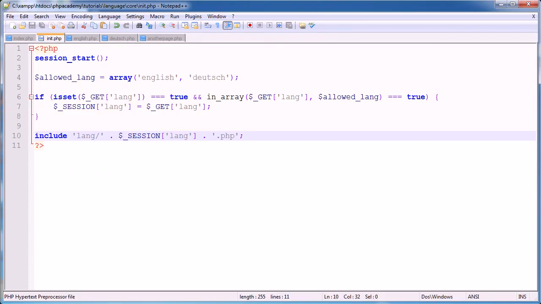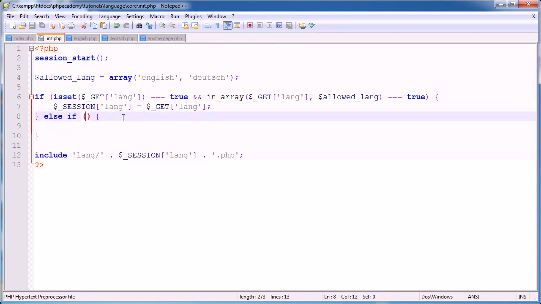So what do we do about this? Well, we need to include an else if statement. And the else if needs to say, let's look at the first line first. So if this language has been specified and it's allowed, go ahead and set this session, and then we include it later on here. Otherwise, if we don't have a set session, go ahead and set the default language. So if isset $_SESSION